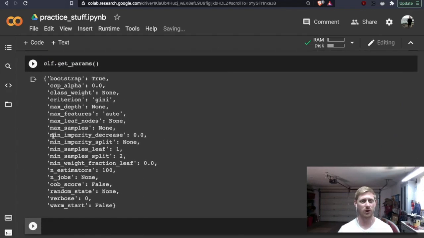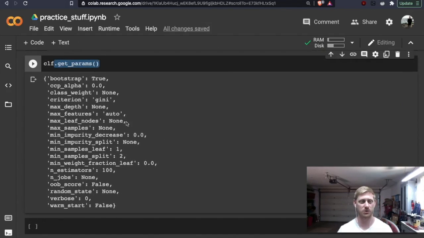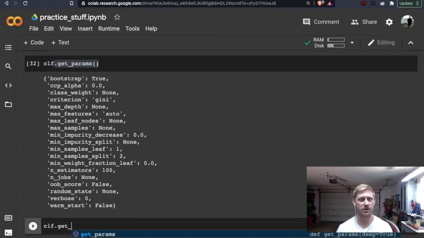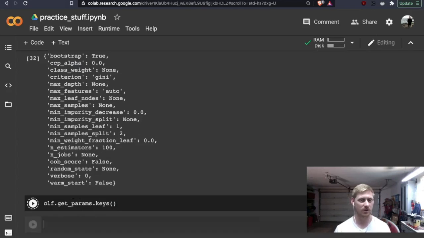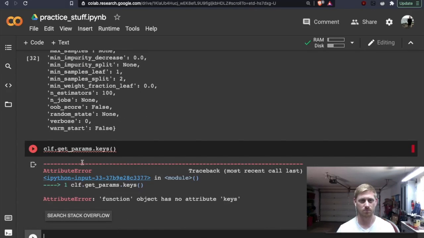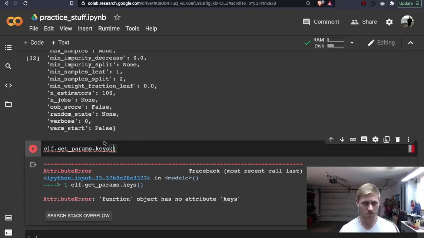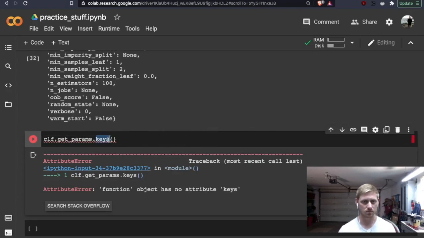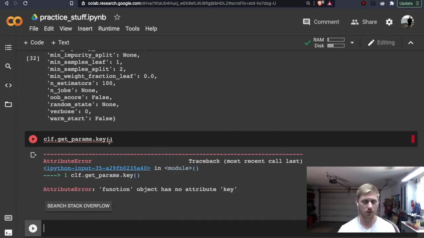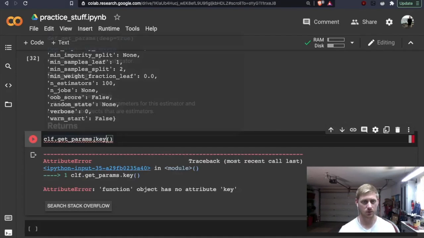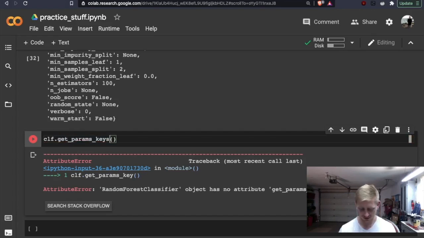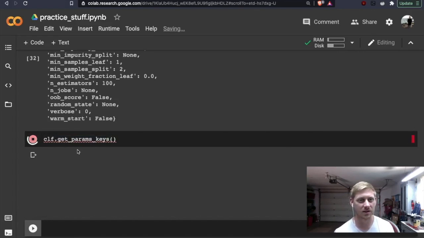And this would be our parameters with clf.get_params, which is one of the flashcards we went over. Another thing we do is clf.get_params.keys, right? Nope. Is it key then? Maybe. What would it be? Would it be an underscore? I'm blanking. I can easily just search this.